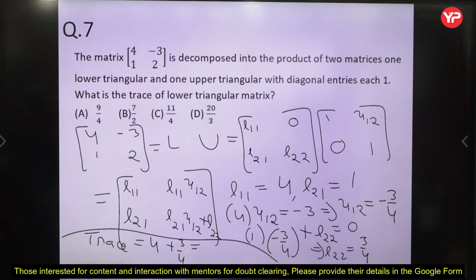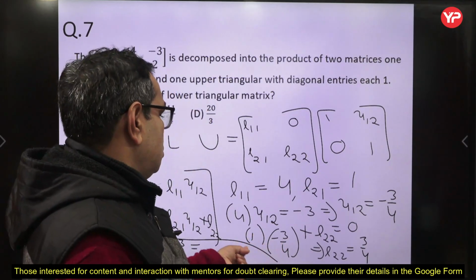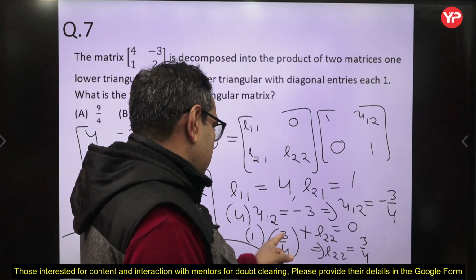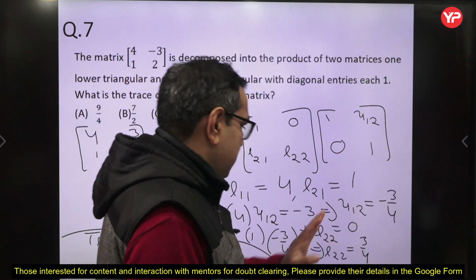नाउ L11 अगर 4 है और U12 माइनस 3 है, तो U12 इक्वल टू कितना हो गया? माइनस 3 by 4. दैट इज ऑल्सो करेक्ट. नाउ वी आर हैविंग दिस लास्ट L21, that is 1. और इंटू U12 इज -3/4 प्लस L22 इक्वल टू 0, सो -3/4, ये प्रोडक्ट में है ना यहाँ पे, हाँ ये गड़बड़ हो सकता है, सो -3/4 यहाँ पे आएगा, इक्वल टू करेंगे तो 3/4, ये ठीक है, L22 हमारा